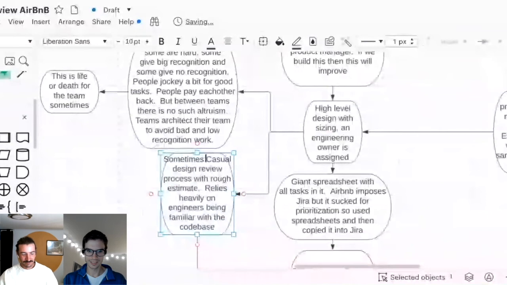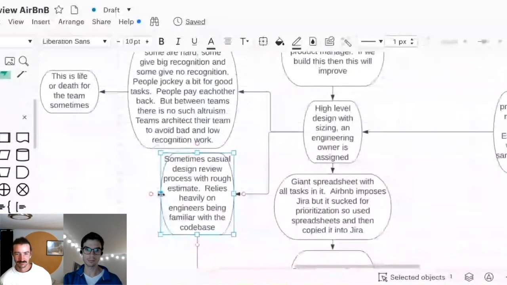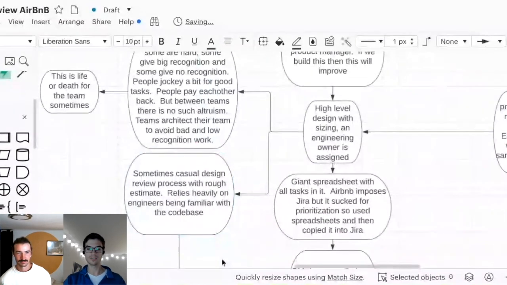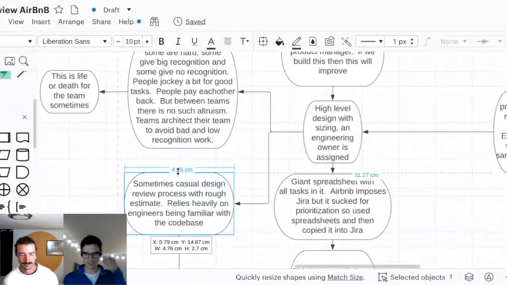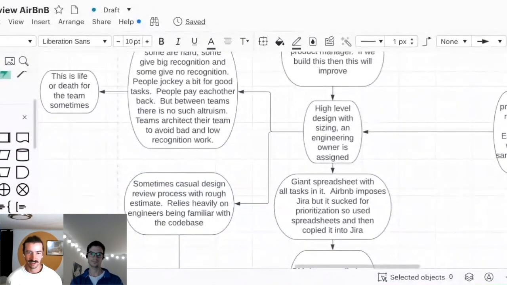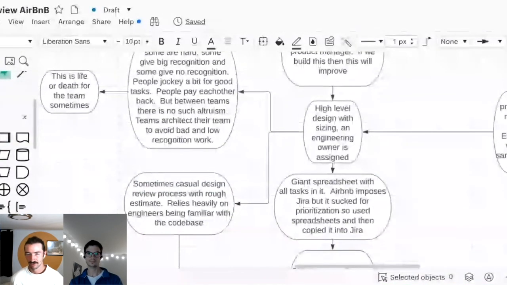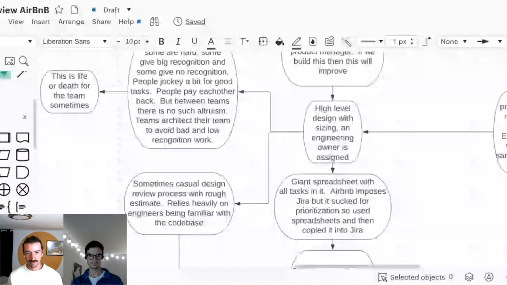Okay, my last question is, you said that you did feel empowered to change the process. Did you feel obligated to improve the process? Like, did you feel like a big part of what you were doing was making a good software development process? I personally didn't care that much about this process, to be totally honest with you. I thought this was good enough, and I didn't feel like it was worth investing a lot in more. One thing that I didn't touch on here is how much this plan would get changed throughout the quarter by top-down mandates from Airbnb leadership, which was really frustrating to me.